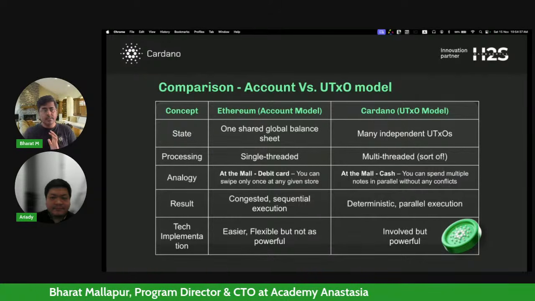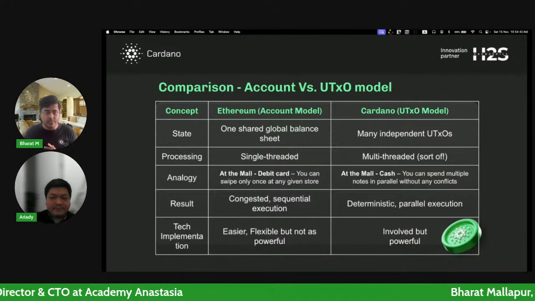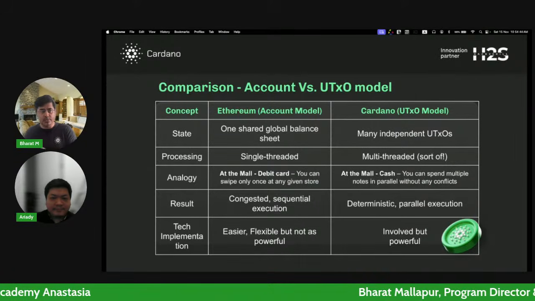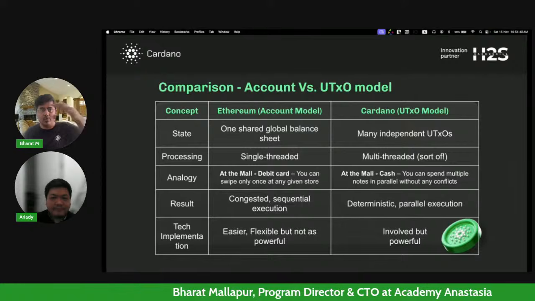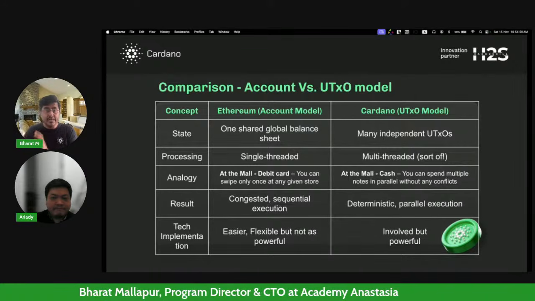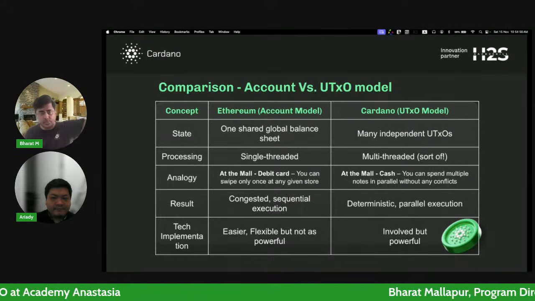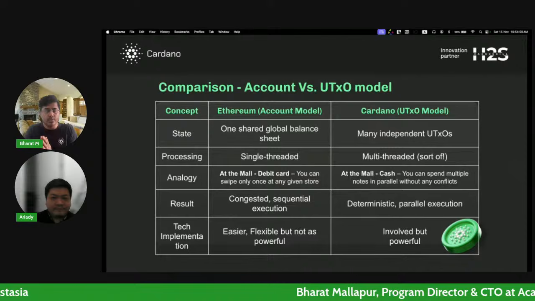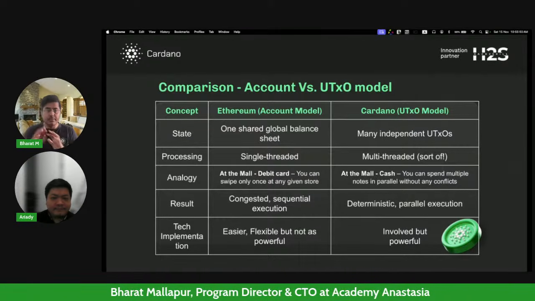Whereas in Cardano, it's more like you have currency notes. If I have some currency notes, that is different from the currency notes that are held by REID or by any of you. So there are independent UTXOs. The sum of all the UTXOs' values put together is the value of the blockchain, right? So there are many independent UTXOs.